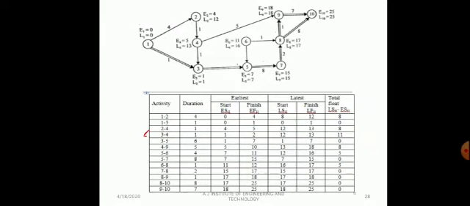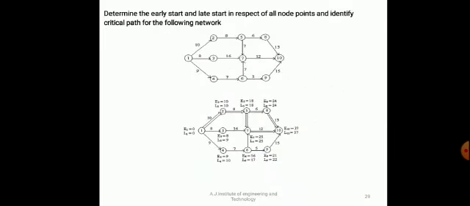Yes, we can see that 12 minus the finishing time and early starting time we can consider. It is 12 minus 8, 4. Therefore, 4, 1 minus 1, 0, 13 minus 5, 8. Where the 0 is there, it is a critical activity path. All the calculation is done, and when the slack time is 0, this is called the critical path.